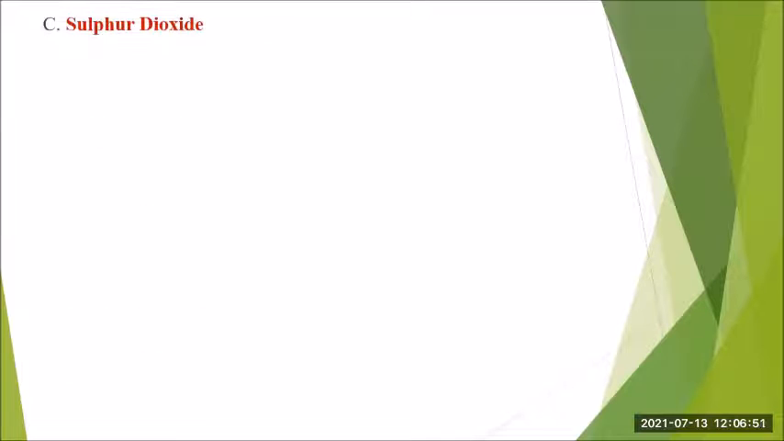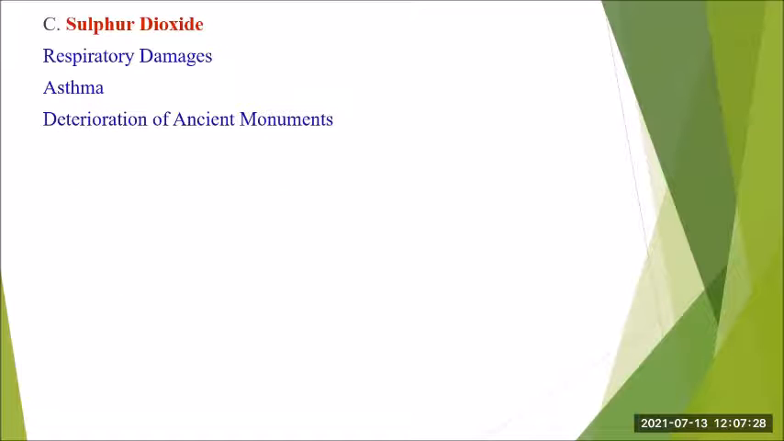The next pollutant is sulfur dioxide. Sulfur dioxide creates the problem of respiratory damage. This is damage to the human respiratory system when the content of sulfur dioxide exceeds in the atmosphere. It also creates the problem of asthma and other breathing problems. Increasing the pollutant sulfur dioxide in the atmosphere,